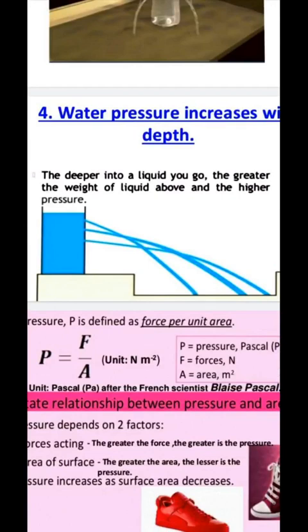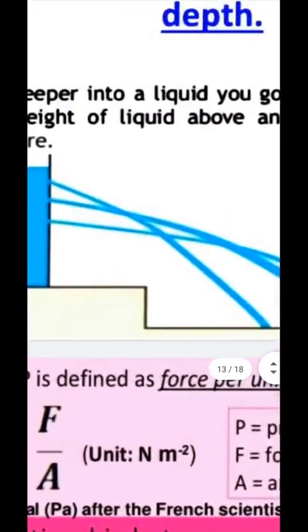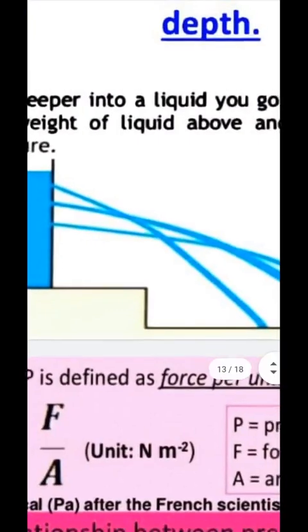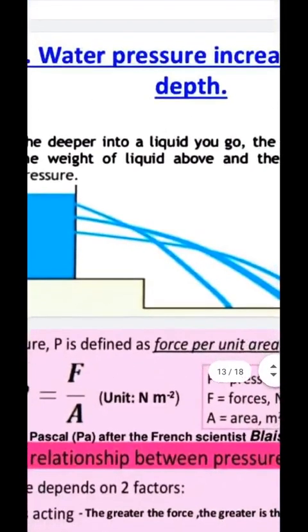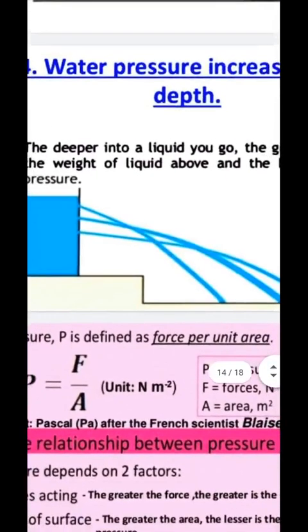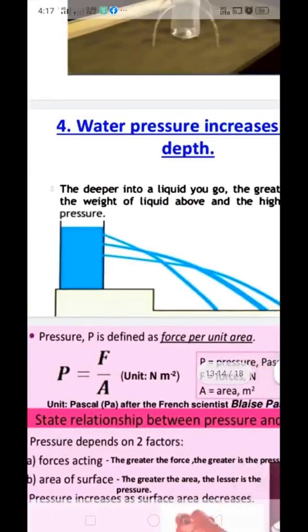What will you observe? You will observe that the water stream from the topmost hole is falling nearer to the base of the ground. You can see this first hole. At the topmost position, the water is falling at the nearest, right? Next, the stream from the central hole falls a little ahead of the first, and the stream from the hole near the bottom of the glass is the farthest.